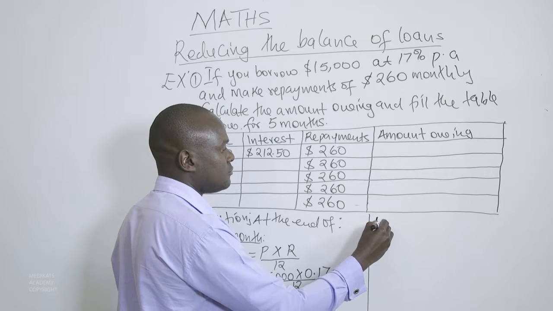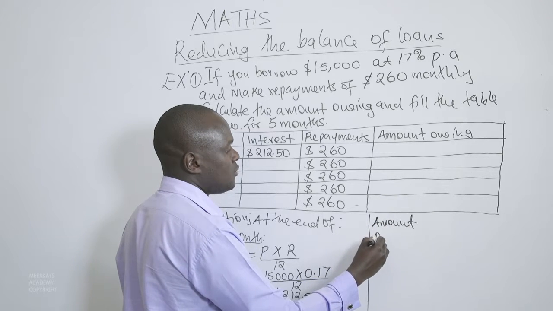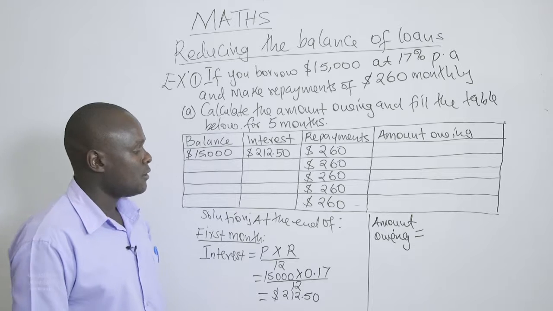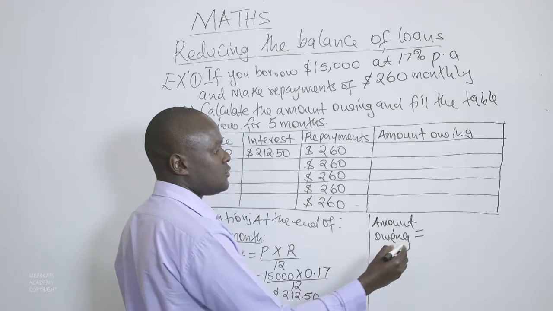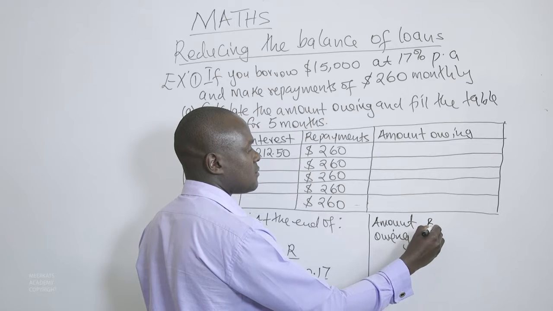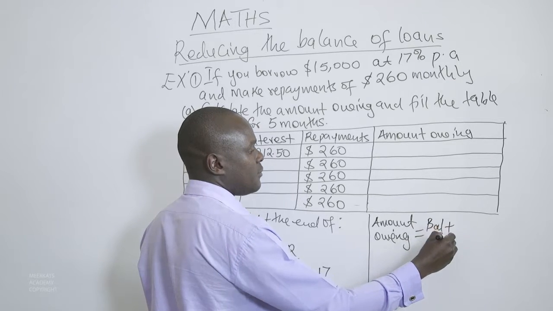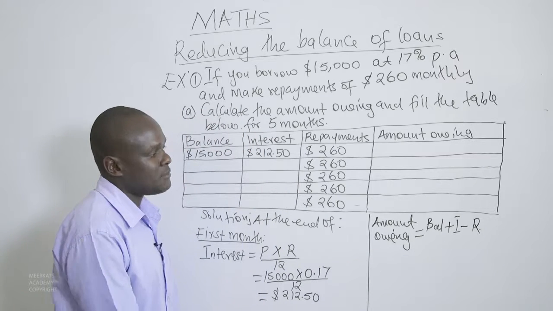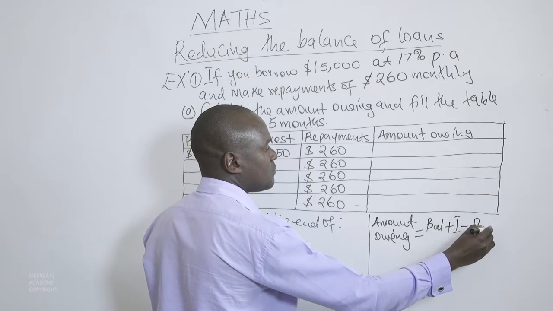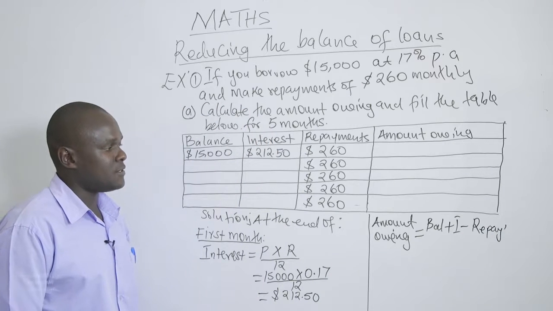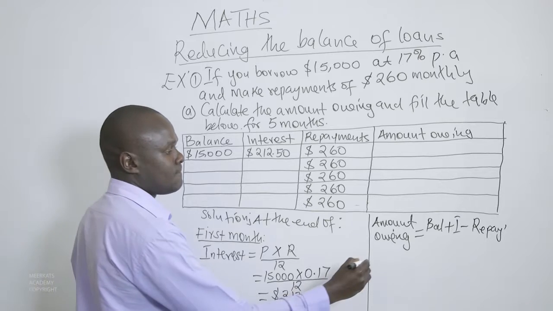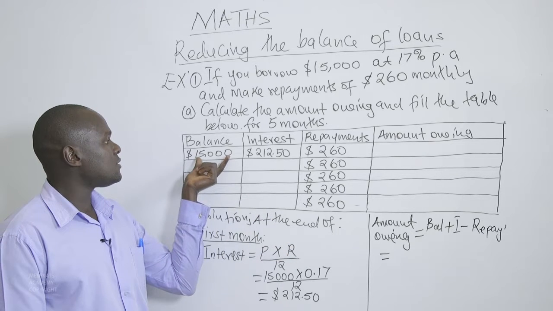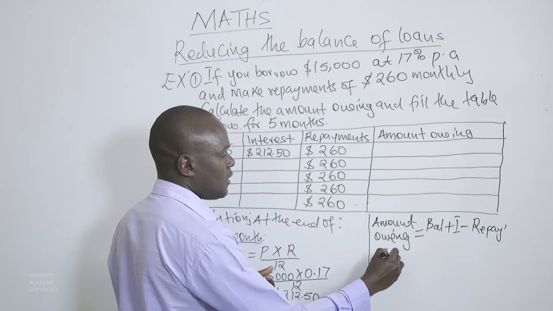So the amount owed, or the amount owing, we have already talked about that. This will be the sum of the previous balance, plus the interest, minus the repayments. You subtract the repayments. And since it is the first month, the loan balance is the principal amount that was borrowed, and this is